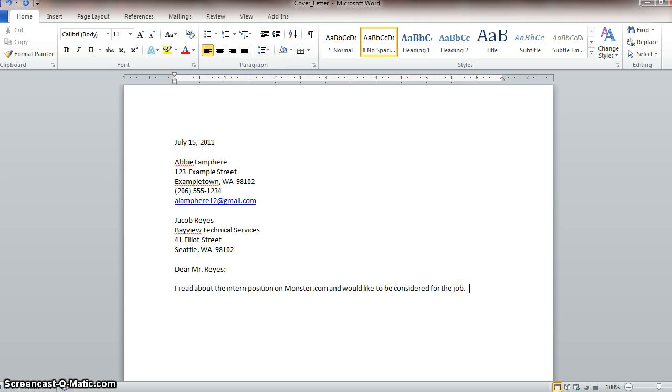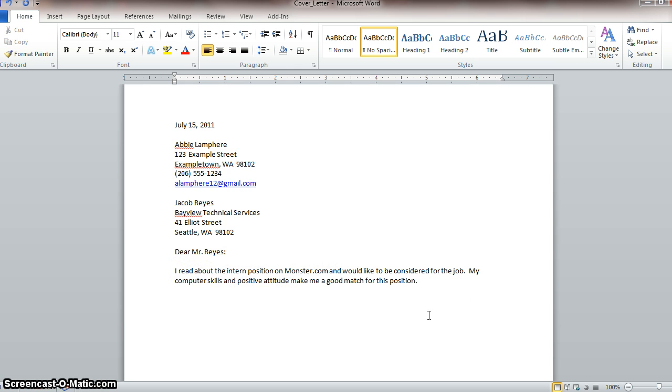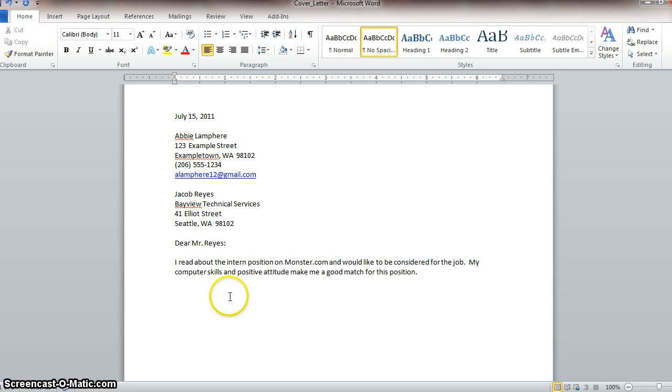Next, we're going to type a sentence with 2 reasons as to why you would be a good fit for the position. So, for example, my computer skills and positive attitude make me a good match for this position. So that's a good way to do it. Computer skills, positive attitude, and then the next couple paragraphs will go into detail about why those specific skills match